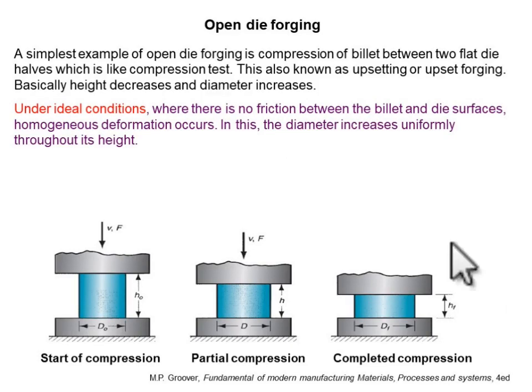So, last lecture we discussed the three different types of forging process that we have. Firstly, start with open die forging. In the last lecture, I told you in open die forging we have a die which is used to apply load on the billet. Billet means the workpiece that is in between the die.